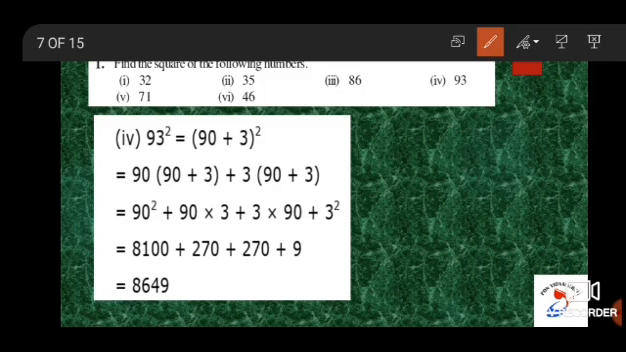We will move on to the fourth subdivision, that is 93 square. 93 square, you can write it as (90 plus 3) the whole square. So that is nothing but 90 into (90 plus 3) plus 3 into (90 plus 3). That is equal to 90 square plus 90 into 3 plus 3 into 90 plus 3 square. That is equal to 8100 plus 270 plus 270 plus 9. On adding all this, you will get the result as